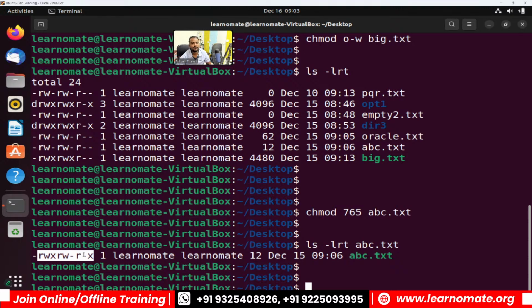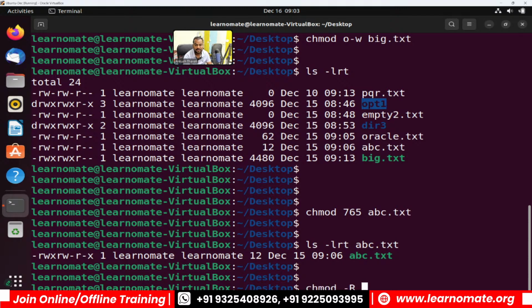Okay, if you want to give the permissions to the main folder as well as all the folders available under that main folder, see, these permissions I am giving to the file only. A file does not contain anything, I mean any other folder. But let's say I am giving permissions to opt1, and opt1 contains some other folders or files. I want to inherit those permissions, meaning opt1 and all the files available under opt1. So the same command you can use,